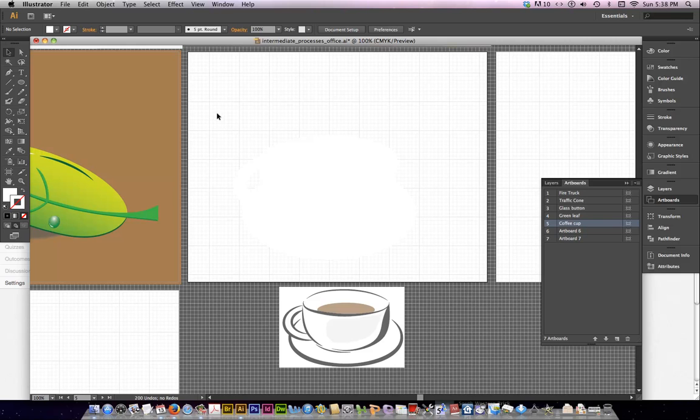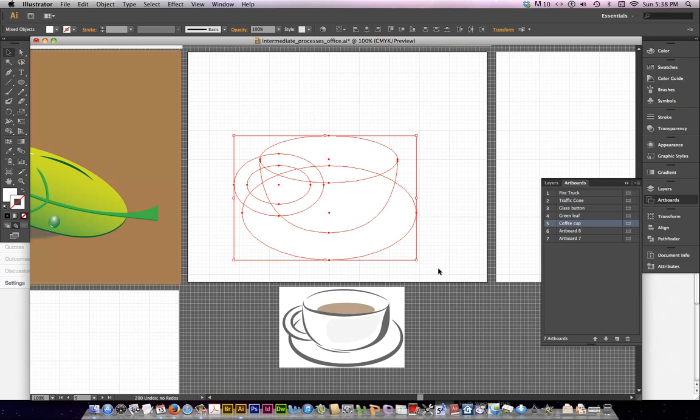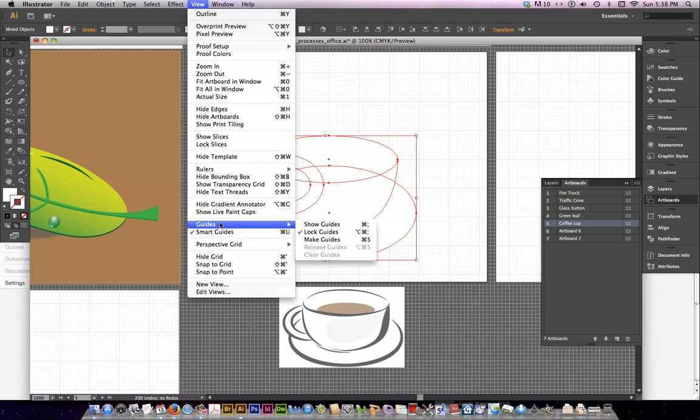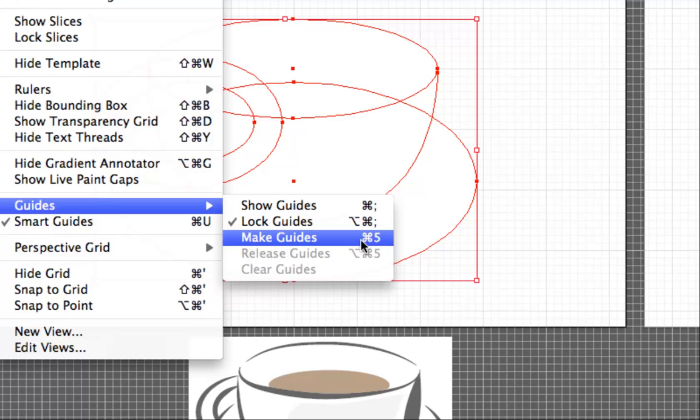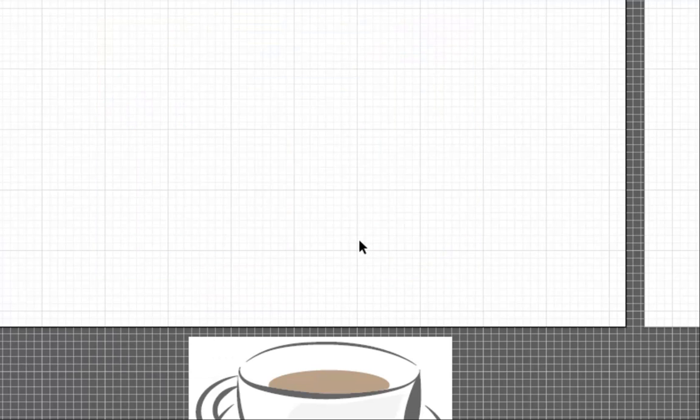I'm going to use these for now. I'm just going to select them. I'm going to make them into a guide. There's a shortcut for this. It's under View, Guides, and Make Guides. You can see it right there. It's Command 5. So I'm just going to press Command 5, and my guides are available to me now